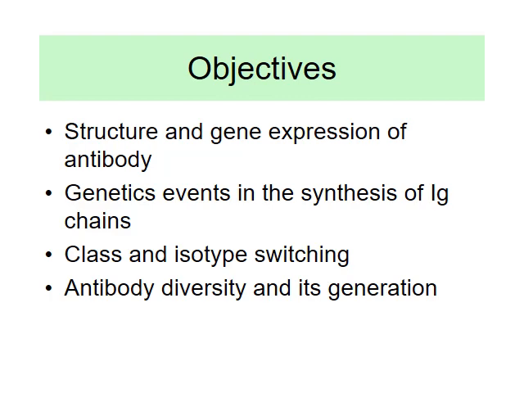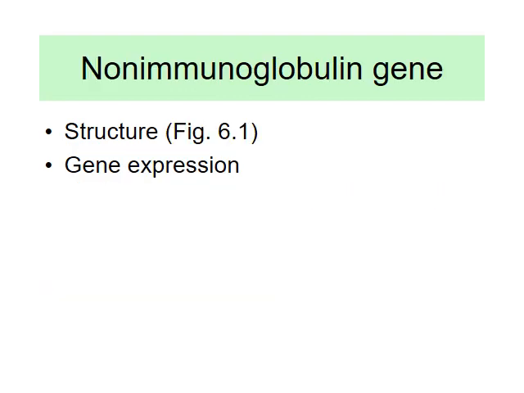Now we've been talking about the structure of immunoglobulin genes, and we did talk about the specificity of antibodies. And now the question is that we know for sure that there are non-immunoglobulin genes. So we need a basic understanding of how genes are expressed and what the basis of diversity is that we normally get in terms of expression of different amino acids on top of cells as receptors and Fab as